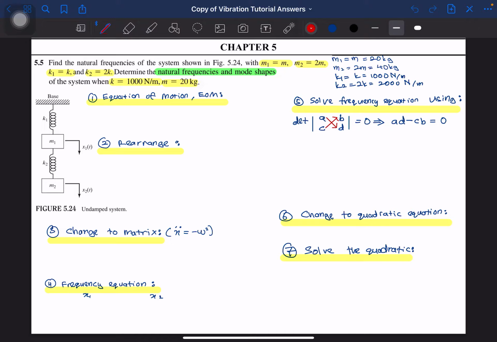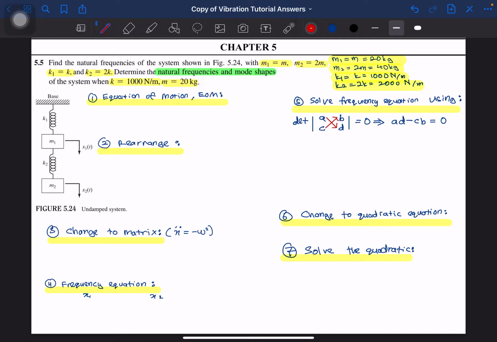So, given that m1 equals m and m equals 20, we get this. Then m2 equals 2m, meaning 2 times 20, you get 40. And k1 equals k, which is 1000, and k2 equals 2k, meaning 2 times 1000, you get 2000. So now what we have to do is